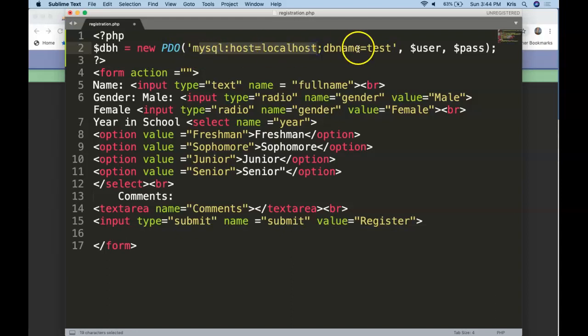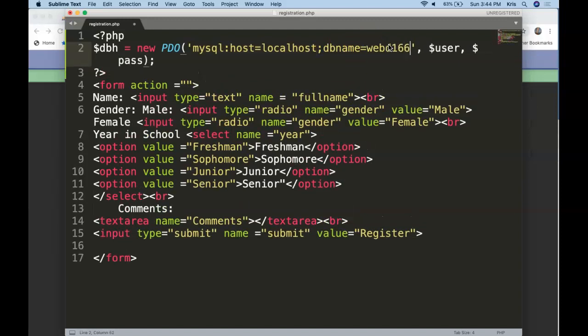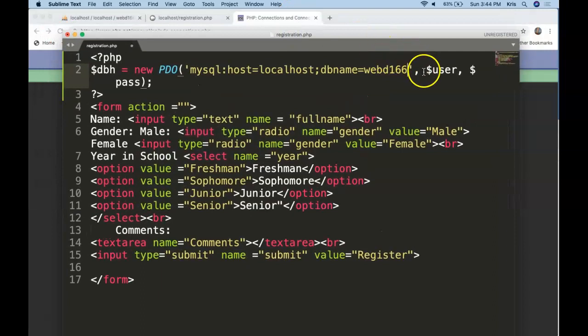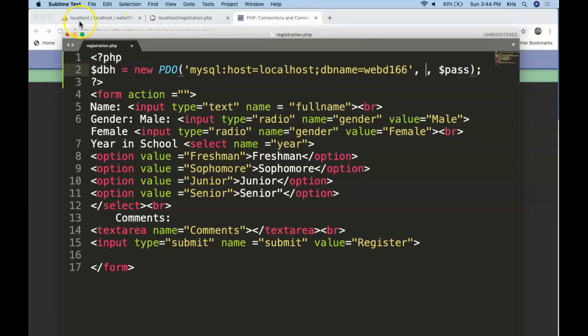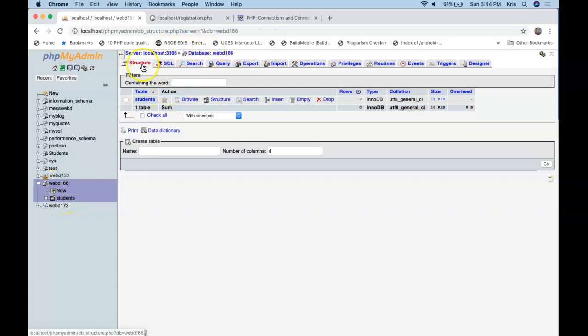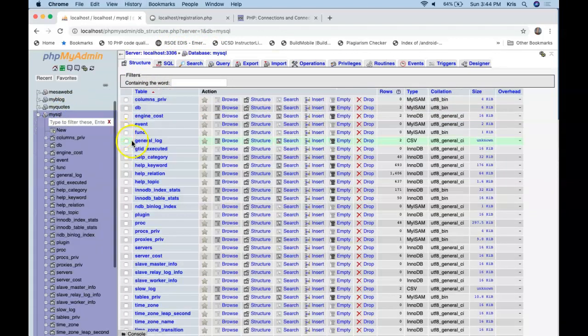Our localhost is our host. Our database name in this case is going to be WebD166. That was the database we created at the top of the video here. So when we look at this, we have our table called students. Our database is 166, and when we go to MySQL, we can actually see our